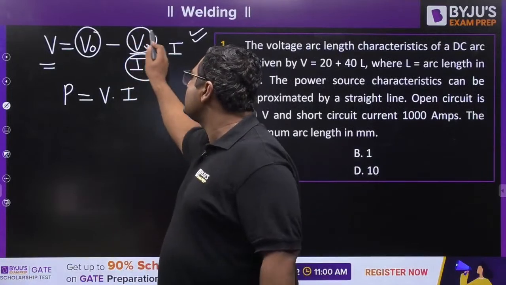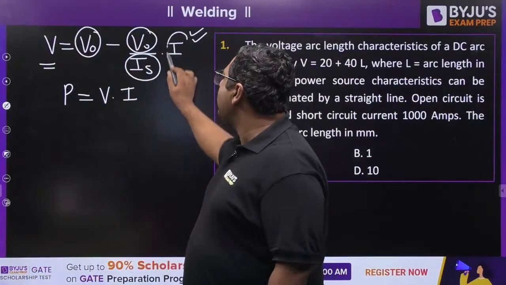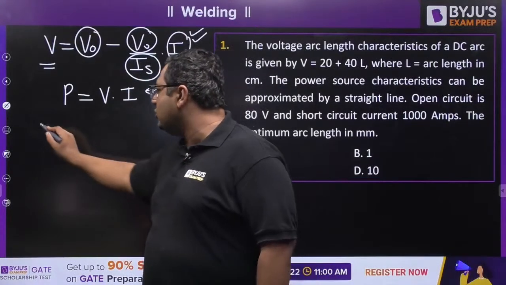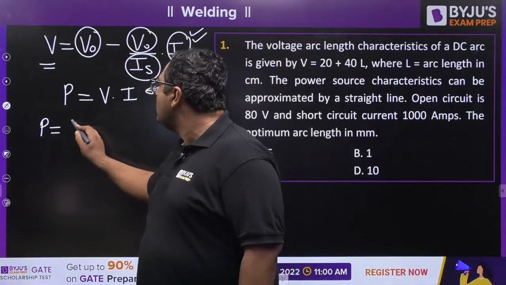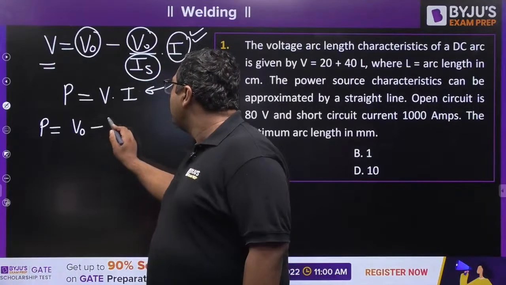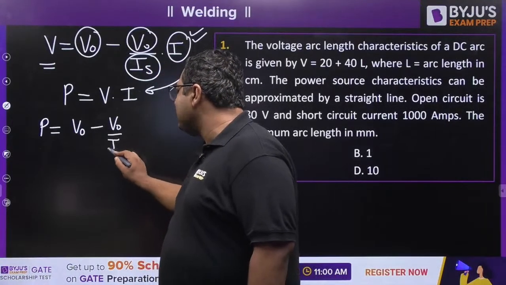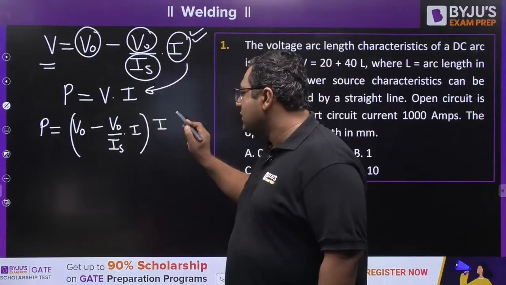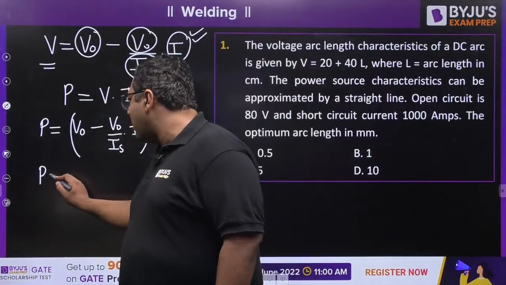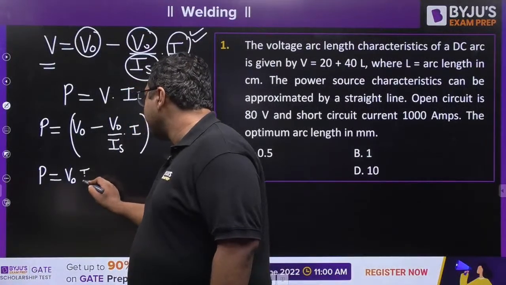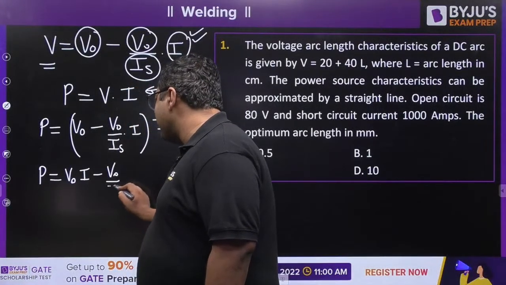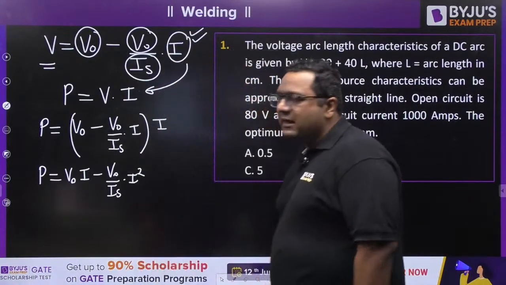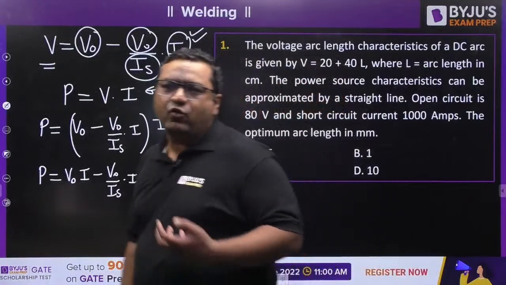So my dear, the only variable is I. So when you put this value in this equation, you will get power equal to V naught minus V naught by IS into I, multiplied with I. So you will get power as V naught I minus V naught by IS into I square. My dear, they will be asking you for maximum